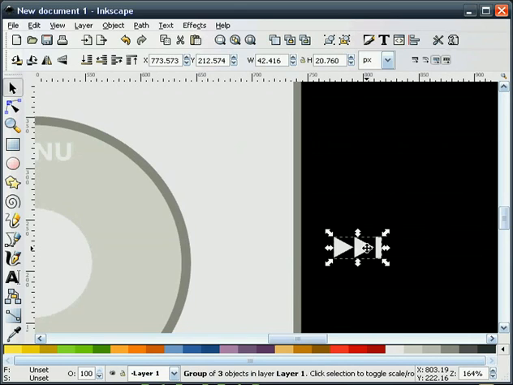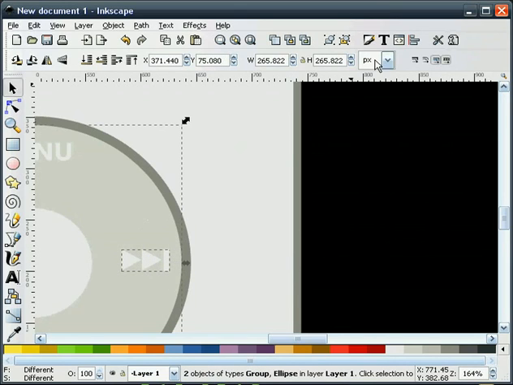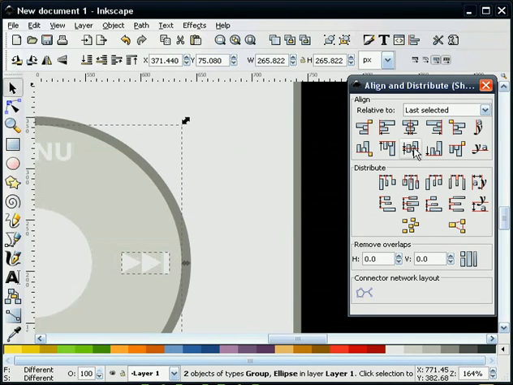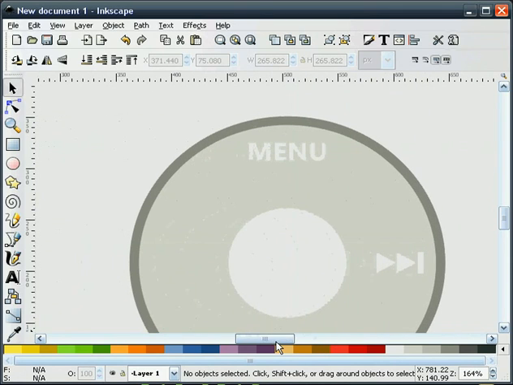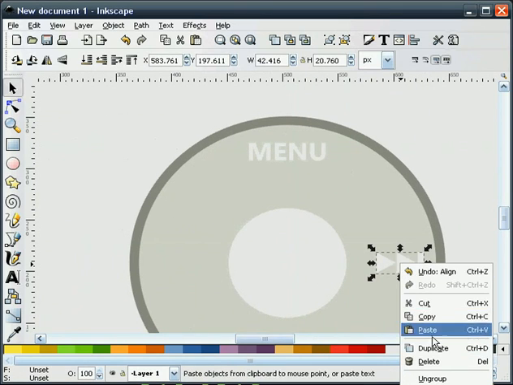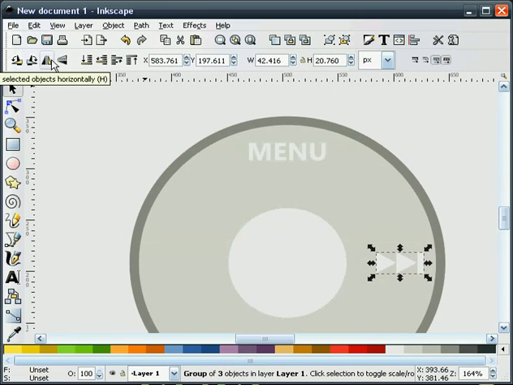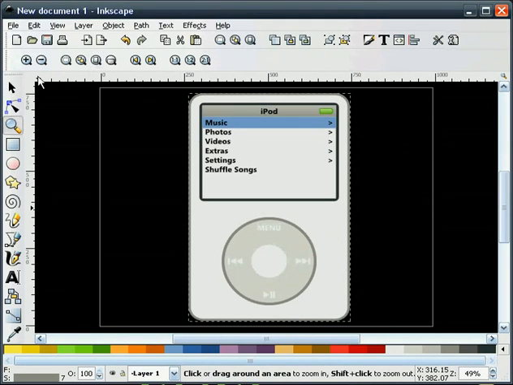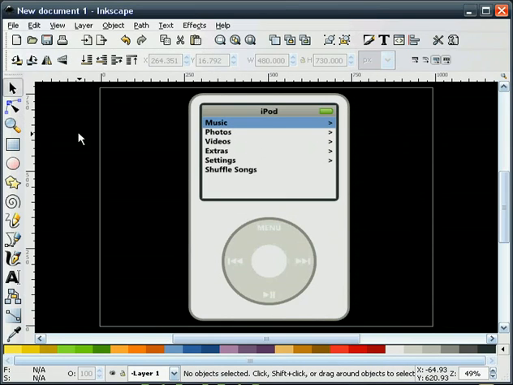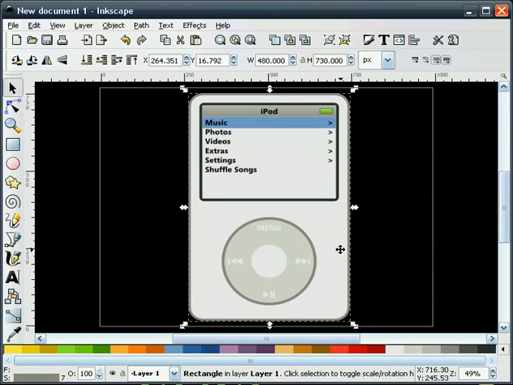We'll duplicate this. Slide this over here. Okay. Now I'm going to duplicate this. We'll mirror this. We'll throw it over to the other side. Just like so. Okay, and that's pretty much the iPod right now. Now if you're satisfied with that, you can stop, or if you want to add a little bling to it,